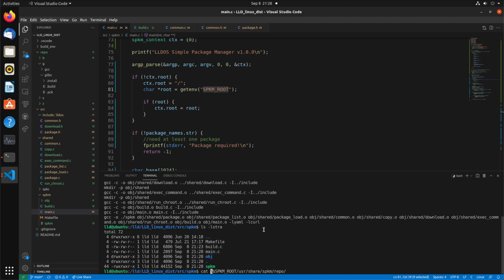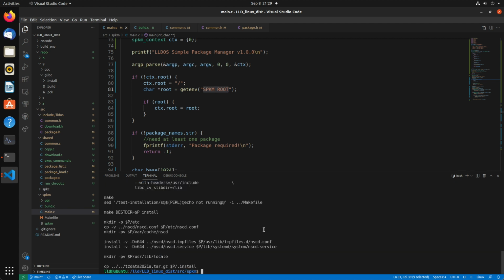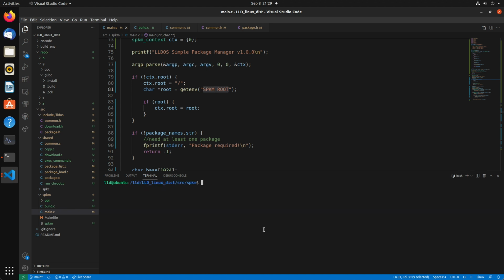Yeah, tab messes this up. Repo glibc, and we'll say .pck. Okay, yeah, we see it's in there. And the build file. Just double checking to make sure those files existed. So now let's clear and